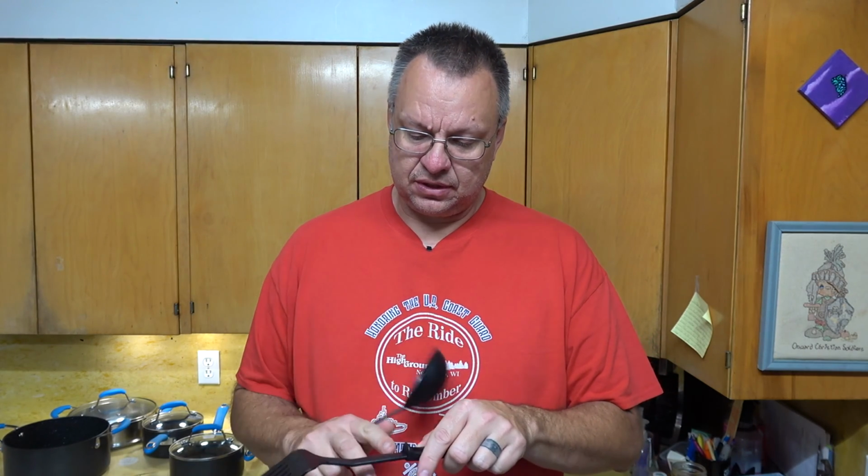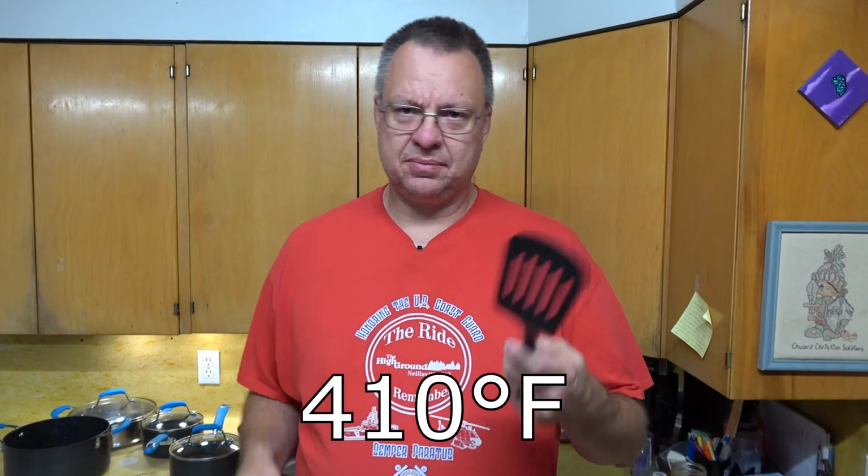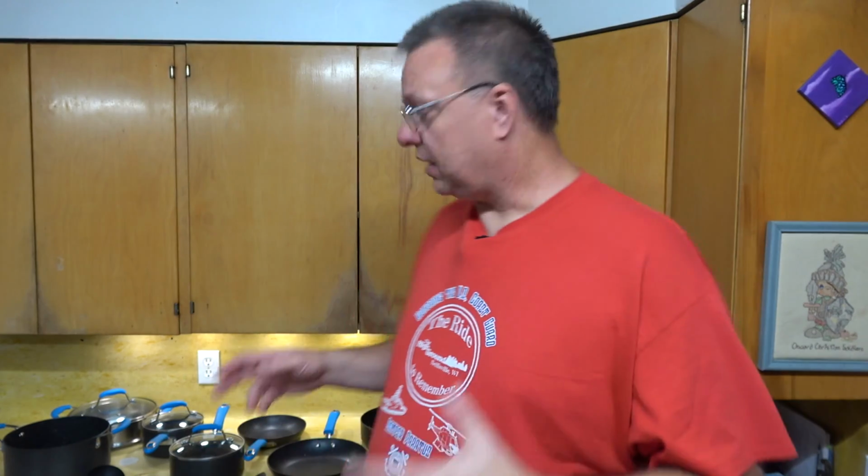And they're heat resistant to 210 Celsius. I think that's something like 400 degrees or something like that. So yeah, as far as the durability of those Michelangelo Kitchen pots and pans, excellent. They really are. Now, the only con that I have against these pots and pans, I wish they were slightly